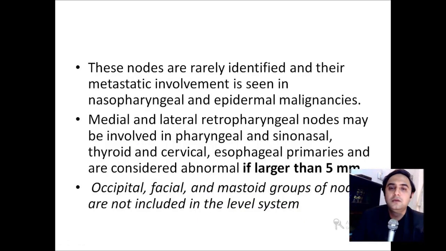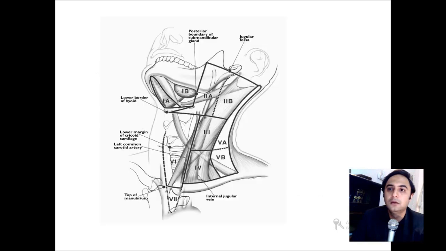If these nodes are identified, then you simply write their designation along with the area where they are found, and consequently the number and size of these lymph nodes. Occipital, facial, mastoid, again they are not included in this system. Now, this is the good